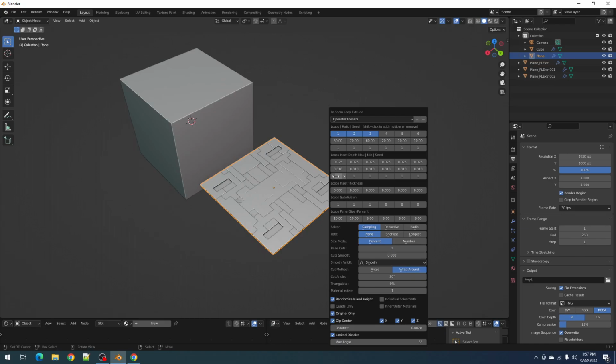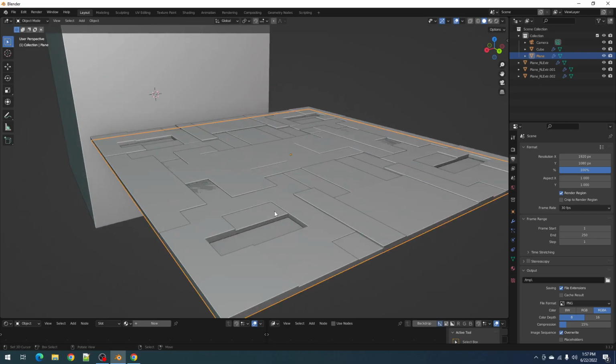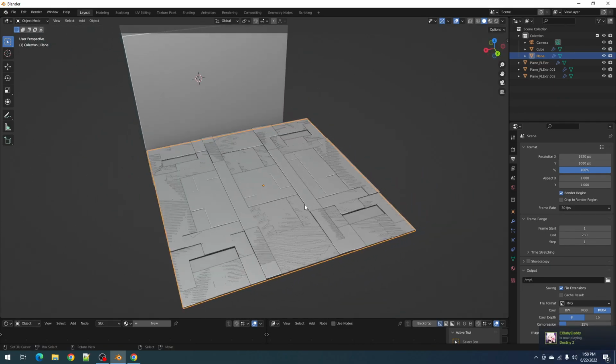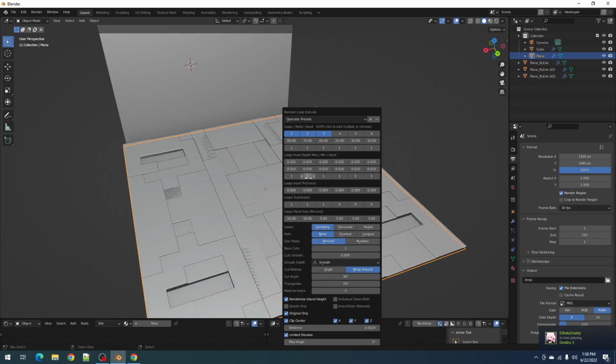The only problem with using original only is that the objects are sourced from the base mesh, and if they have the same loop inset depth, the max inset depth and the minimum inset depth both having the same value, you can see that they're overlapping. You can use the seed value